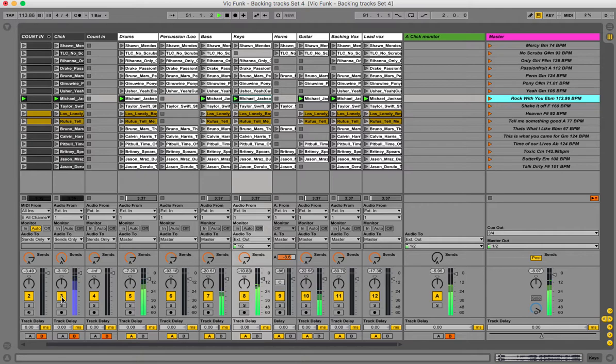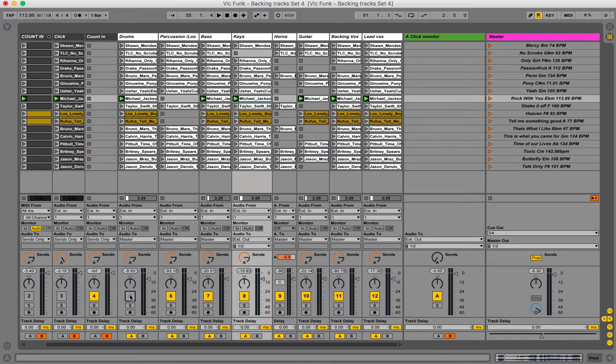Now, your click would be going out into your drum monitor, which is coming out of here. All the sends right here are the mix going to this drum monitor auxiliary. So if he needed a little more drums or whatever in there, you could actually turn that up in your drum monitor. And which is nice is even if you're playing with a live drummer,